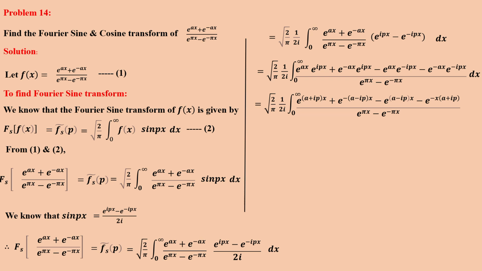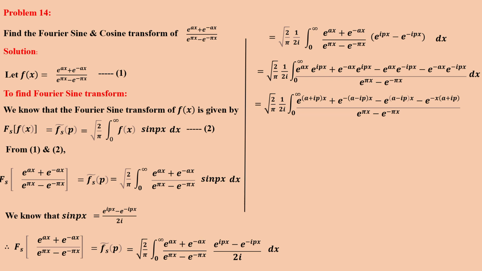So x, right, first two terms e power, right, take x outside because it is common, so e power ax. In the first term, e power ax in the numerator, e power ax into e power ipx can be written as e power ax plus ipx. x is common, take it outside: e power a plus ipx. Then